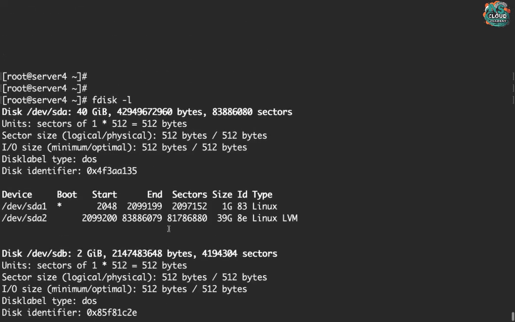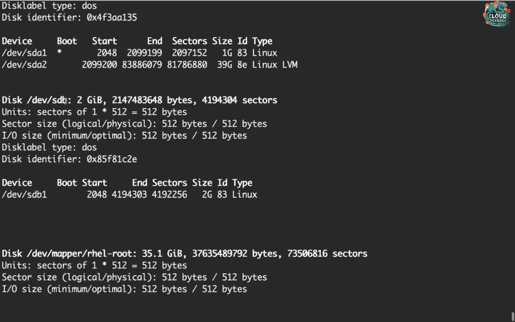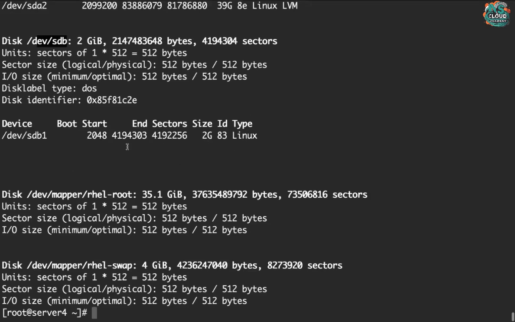So here you will see one disk of 40 GB is added into the system. Second one is one disk of 2 GB is added. So in this 2 GB, we have these partitions right here. Okay,